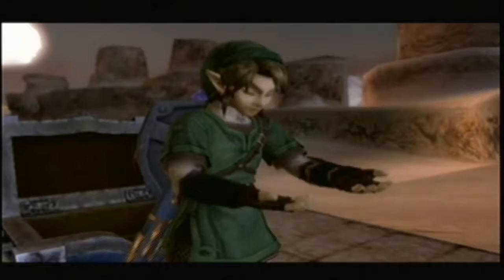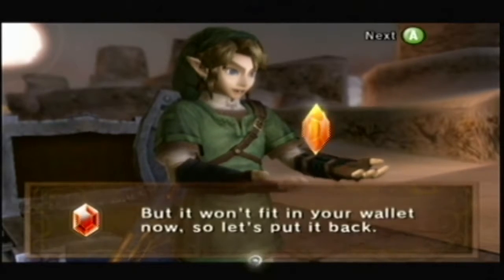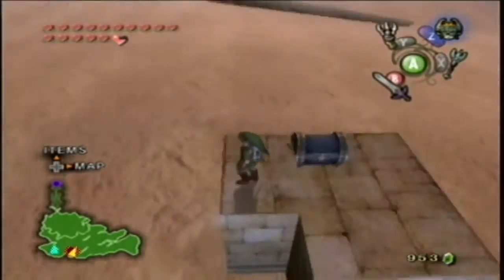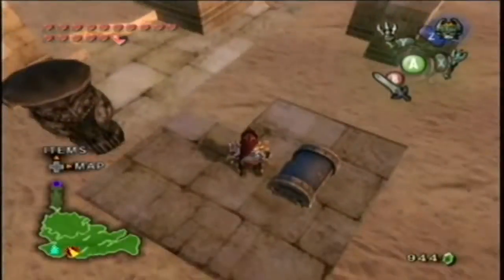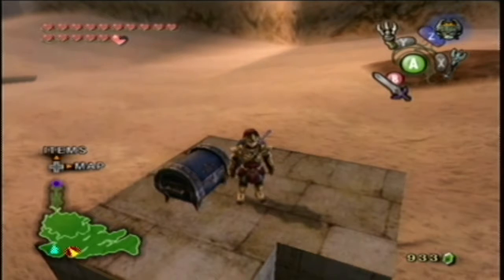Which, I think this is also an orange rupee. So, we're almost maxed out. What? I did all that for nothing. Okay. Just because I'm anal, I'm gonna put on the magic armor just so I can fit that in my wallet. So, anyway, as we stare into how cool Link looks,